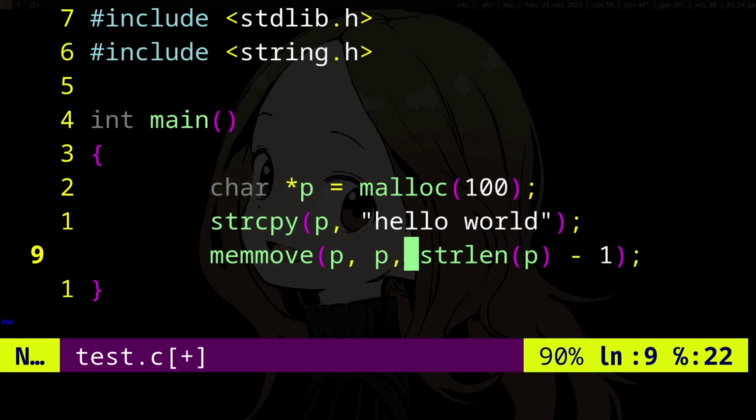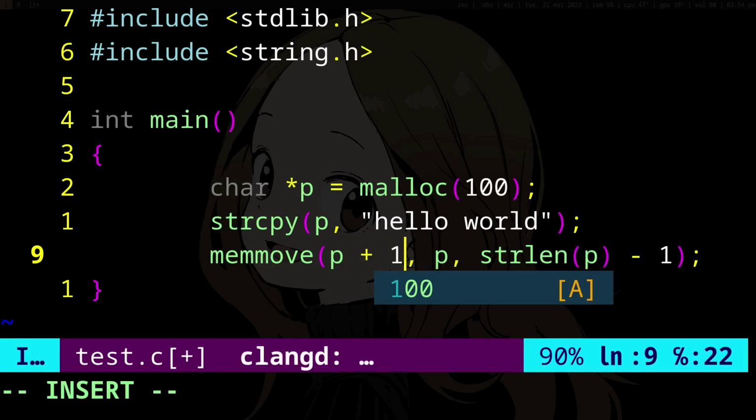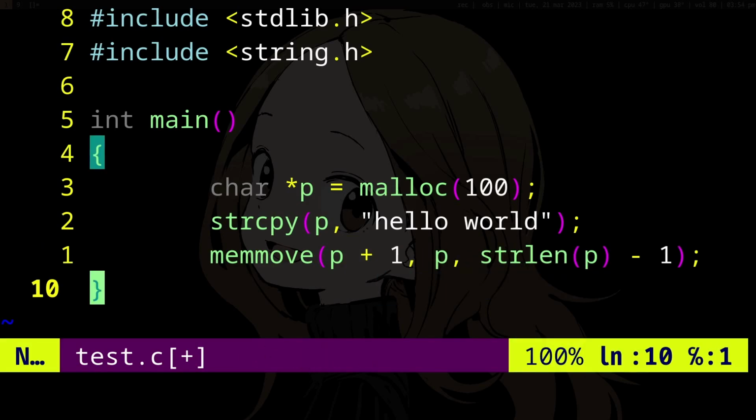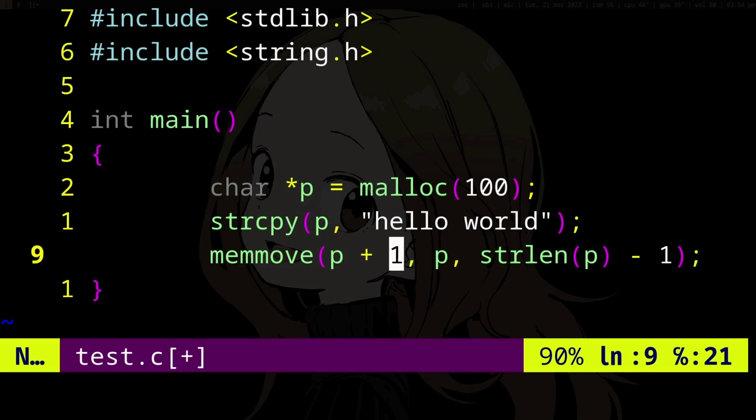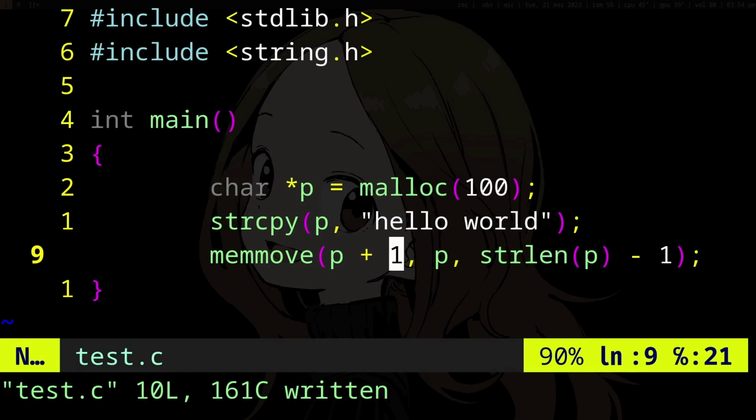So we will just move the p plus 1, which is hello world without the h, right? And then we'll move that to the original position, which is hello world, but now it will move the hello world to hello world, and then it should remove the h,